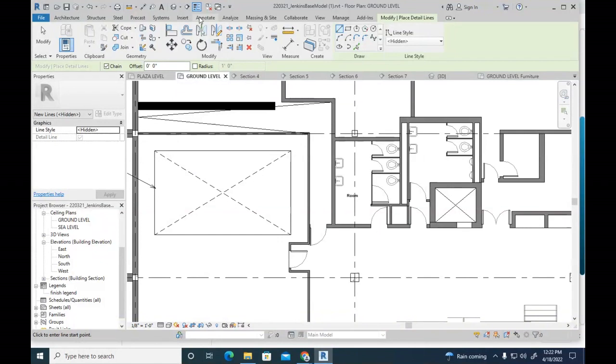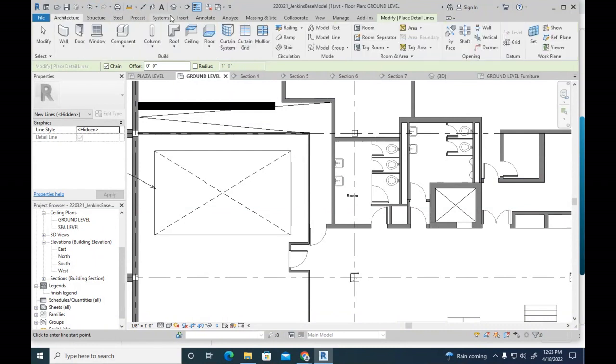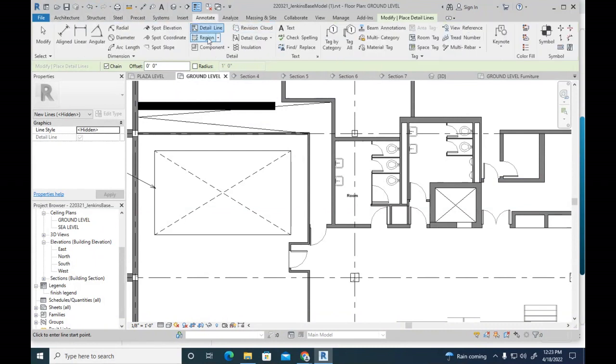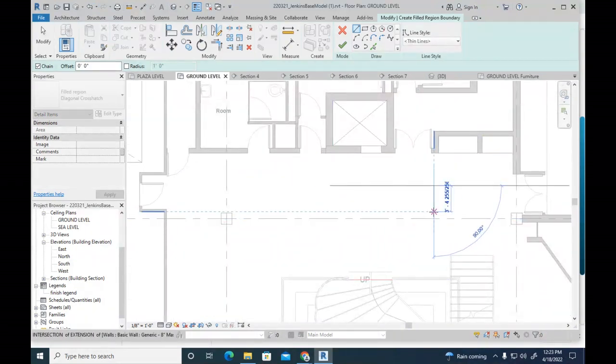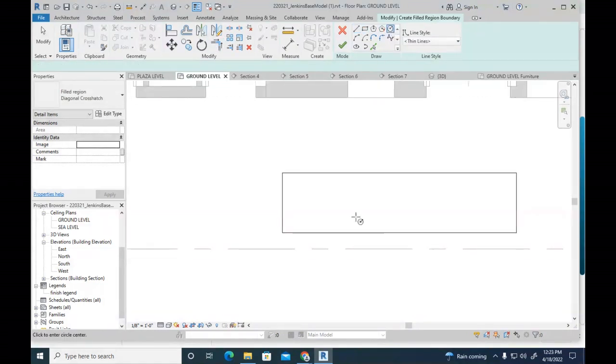I can also put in filled regions. So filled regions are areas of pattern. So let's say I have, what's a good time to use a filled region? Maybe there's one little part of the floor that the client wants to put in a marble piece with their logo on it or something like that. So I could go to annotate, region. I could draw in whatever that is to the right dimension. Let's say their logo is